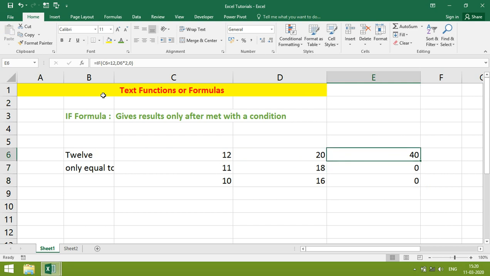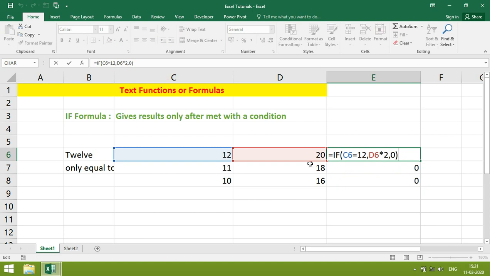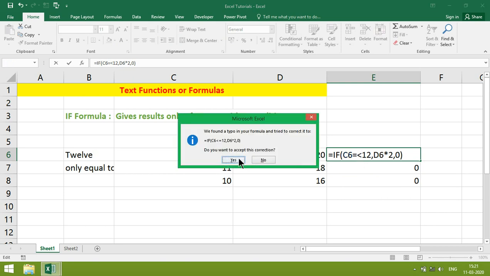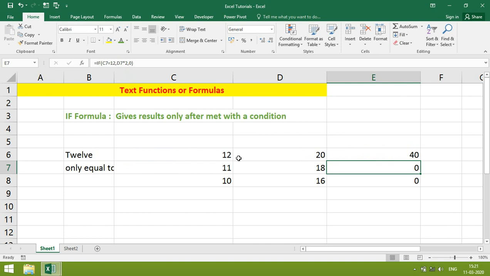Here we can use less than or greater than. We can change the formula here, F2, make changes here, less than, it works.